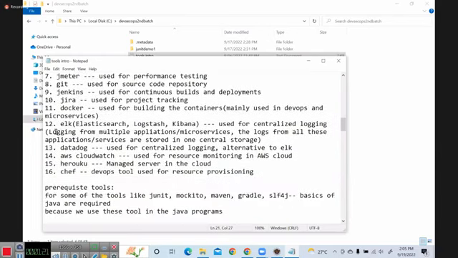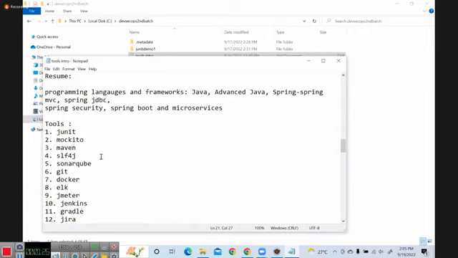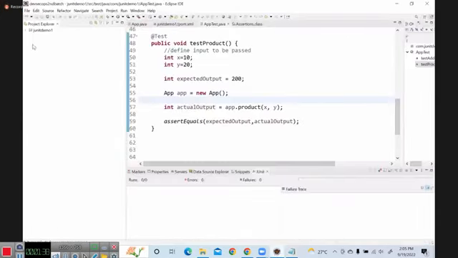we will see. This is our order. After completing JUnit and Mockito, the third tool I'll cover is Maven. So any project that we start or build will use Maven. In the first session, I told you how we can create and use a Maven project, and then in pom.xml, what I do is